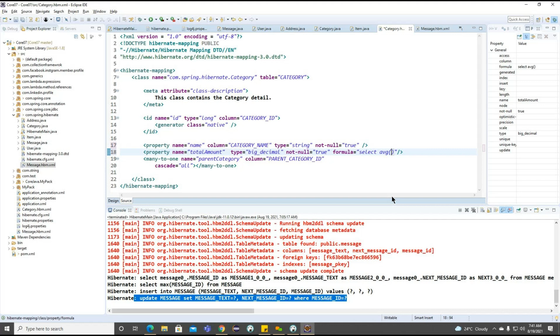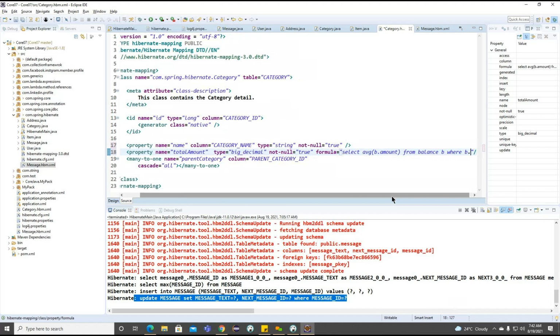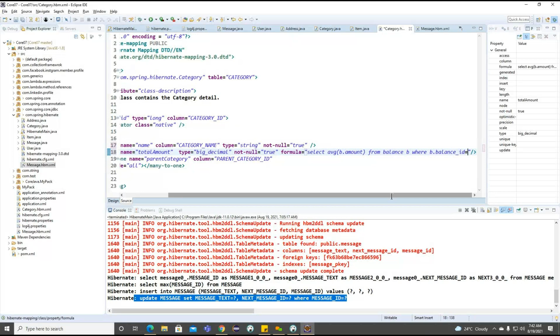For example, select b.amount from balance b where balance ID is equal to the current ID, or we can use any category ID or other ID.